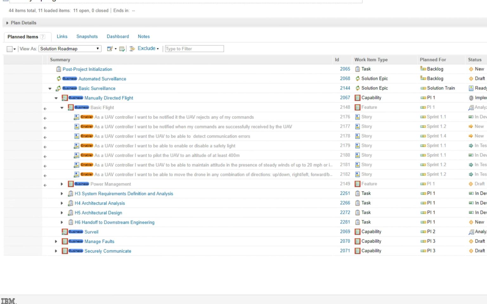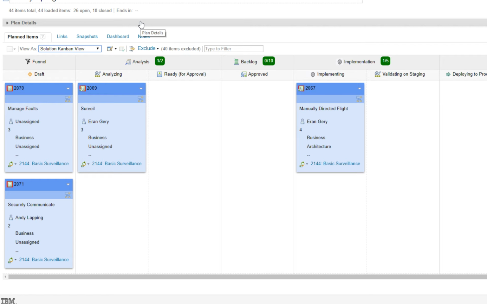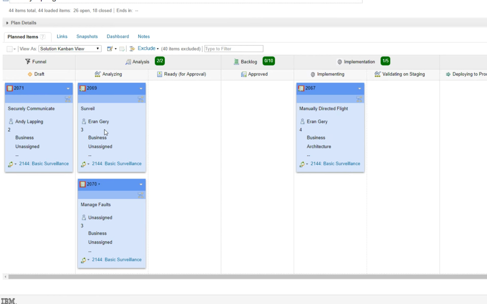There are other ways to view and work with these artifacts. For example, this solution Kanban board shows the capabilities and their current status, visualizing the flow and allowing the team to minimize bottlenecks. We can change the status of a capability simply by dragging it between columns. Engineering Workflow